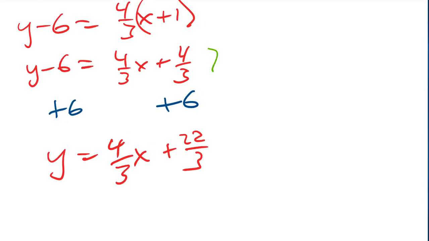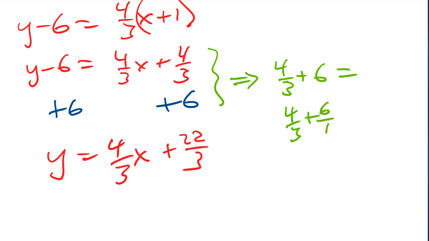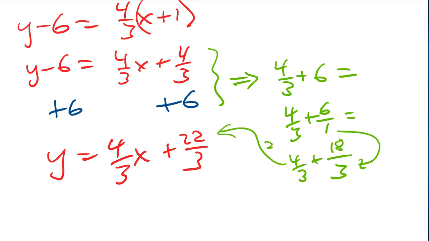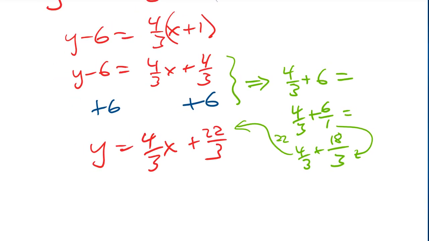Let's use green. So let's move this over here. 4/3 plus 6 is the same as 4/3 plus 6/1, which is the same as 4/3 plus, now 3 is the common denominator. 1 goes into 3 3 times, and 6 times 3 is 18. And then 18 plus 4 is 22. Okay, that's how I got 22/3. And now that is the